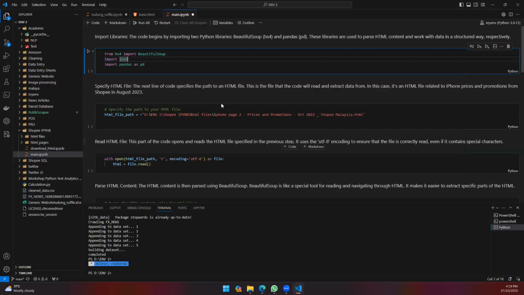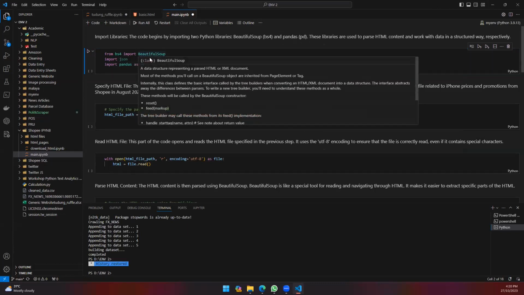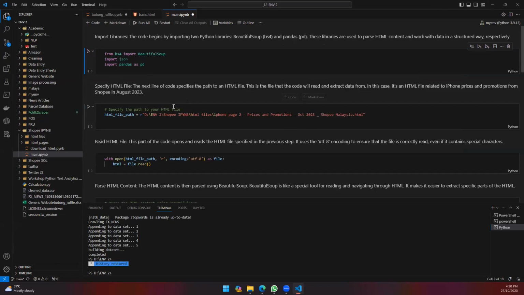Okay. All right. So you guys can still see my interface, right? So this is the normal programming interface. It's called Visual Studio Code. It's a very mainstream IDE for you to use if you are into programming. So first thing first, remember if I'm using Beautiful Soup, I need to import the Beautiful Soup module first, and then I need to specify the HTML file. But before that, I think I should share this